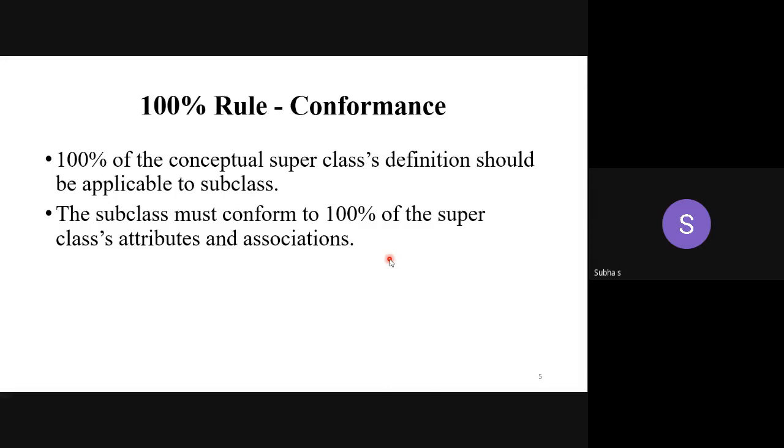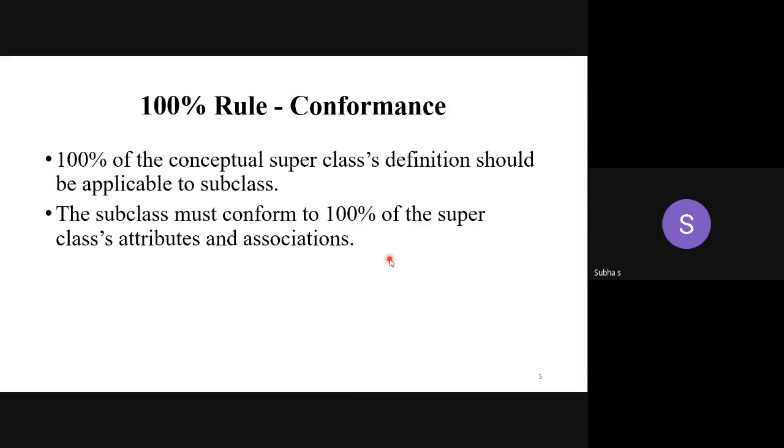Very common attributes, if you are having them for the department, means that is applicable for ECE, CSE and EEE. So student faculty ratio, that is considered as one attribute of the department, means that should be applicable for all the three departments. Training, that must be applicable for all the three classes. So that is called the 100% rule. Okay, very important 2 marks. Define 100% rule and then define is a rule.